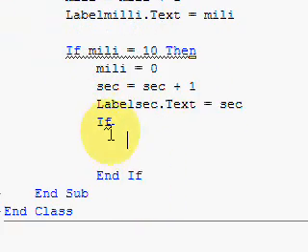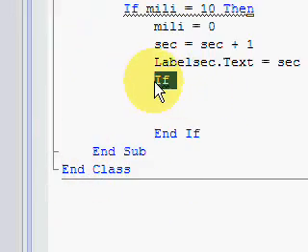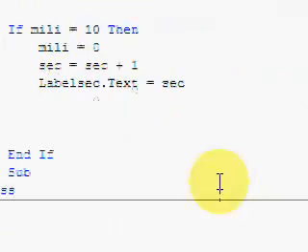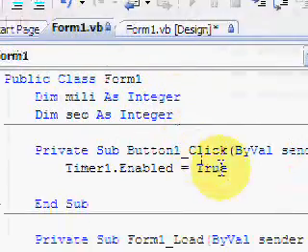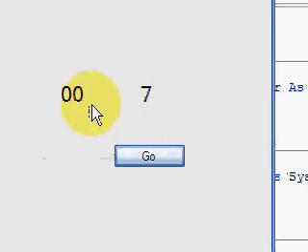So we're going to have to do it that way and make sure it's all in the same logic tree. Don't do it outside the end if, because it will be a different logic and it will screw your program up. So here we go. That's very simple there. So as you can see, it just goes go,